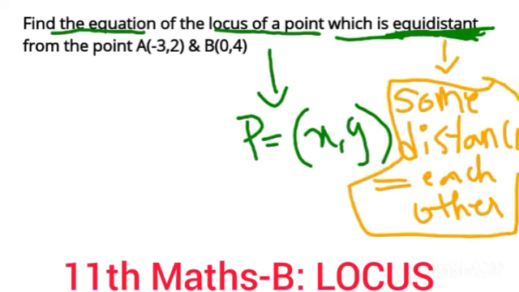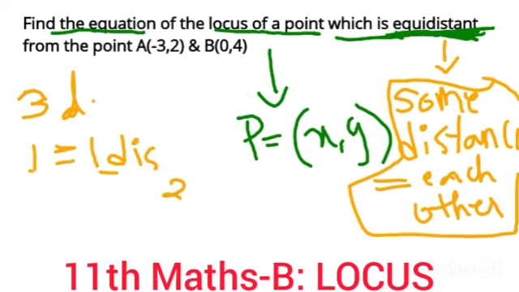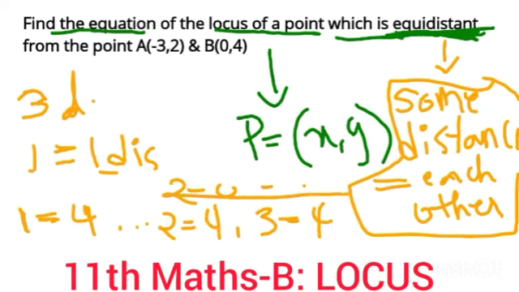Let me take an example. There are three distances that have been given, but only one value is given for one distance. For the remaining two distances we did not get any value. So what do we have to do now? If the first distance is given as 4, then it is also applicable to the second one and to the third one also. All should be equal.